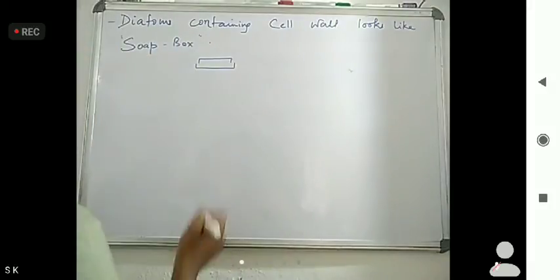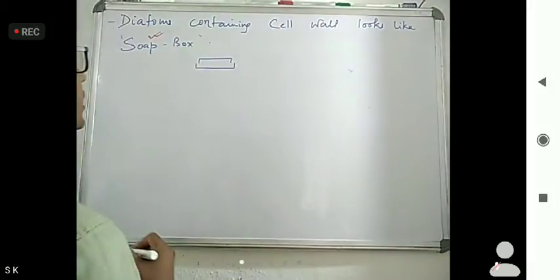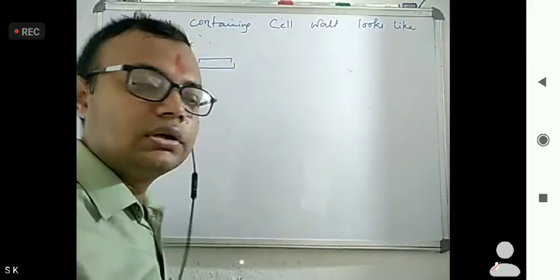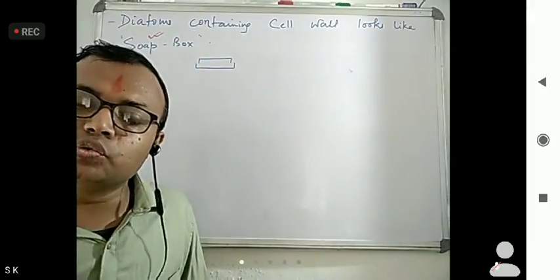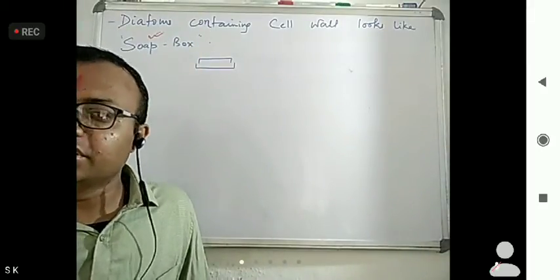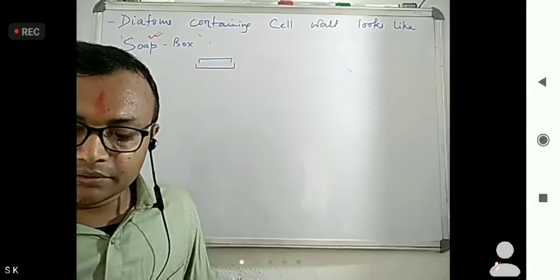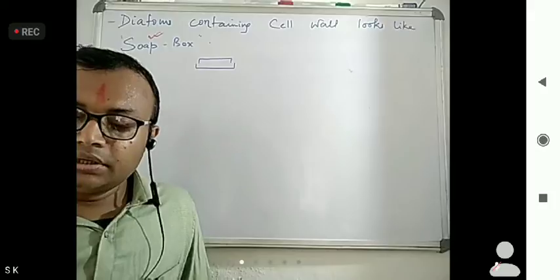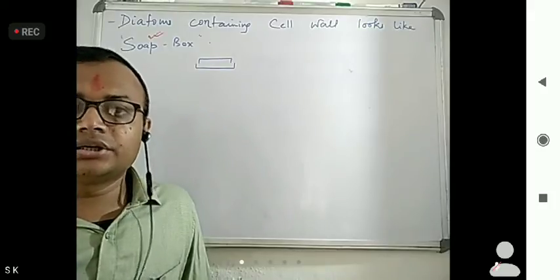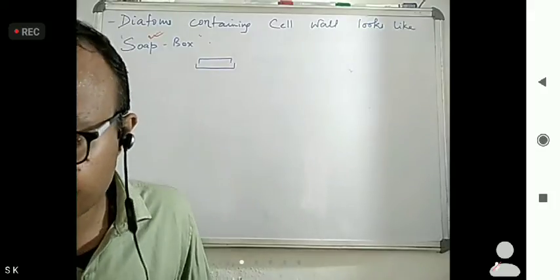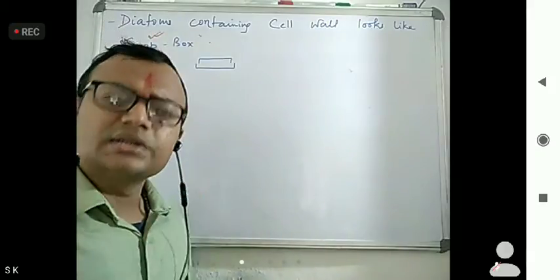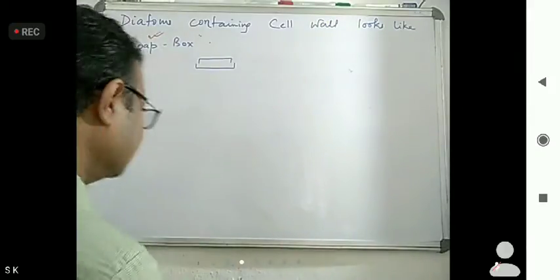Now a question already asked: the cell wall looking like a soap box belongs to what? Diatoms. That belongs to what? Chrysophytes. Okay. So diatoms having what? That cell wall looks like a soap box. Now this cell wall containing silica,